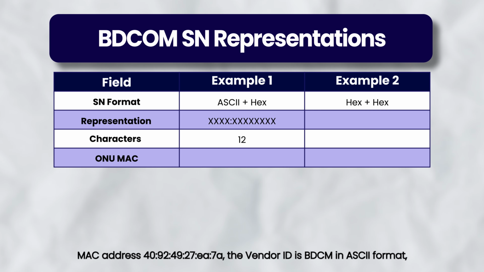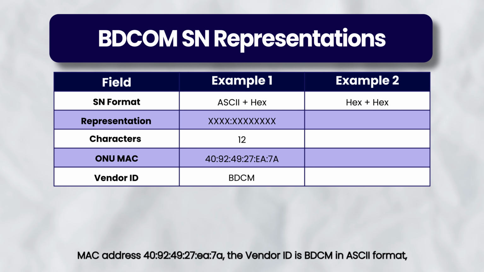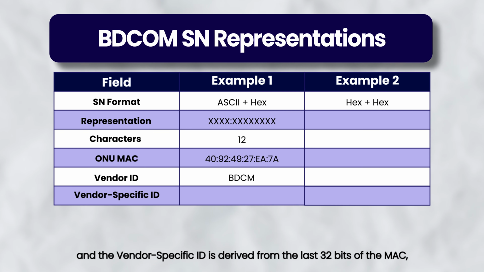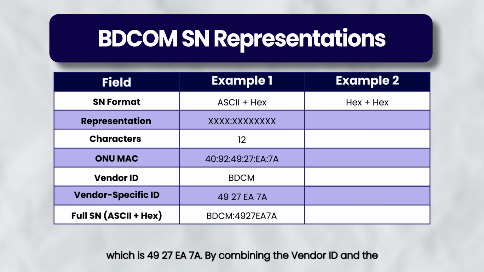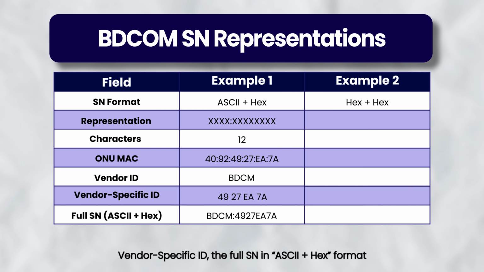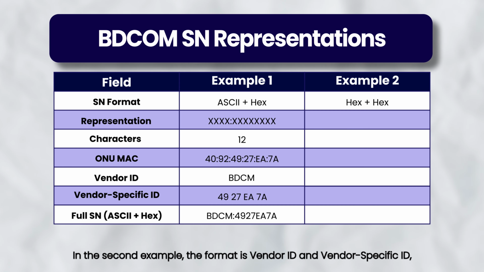Considering an ONU with MAC address 40924927EA7A, the vendor ID is BDCM in ASCII format, and the vendor-specific ID is derived from the last 32 bits of the MAC, which is 4927EA7A. By combining the vendor ID and the vendor-specific ID, the full SN in ASCII plus hex format becomes BDCM4927EA7A. In the second example, the format is vendor ID and vendor-specific ID,